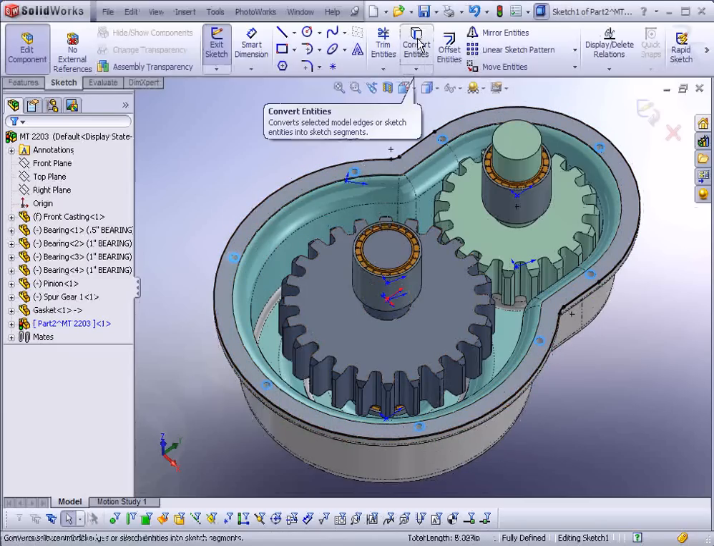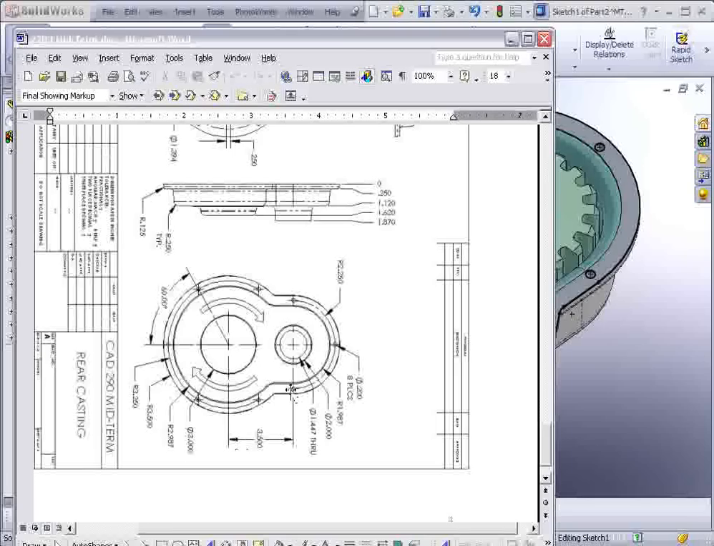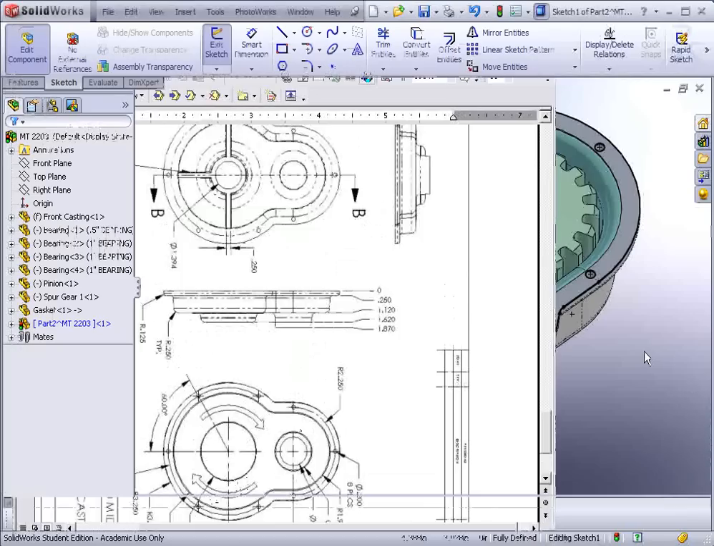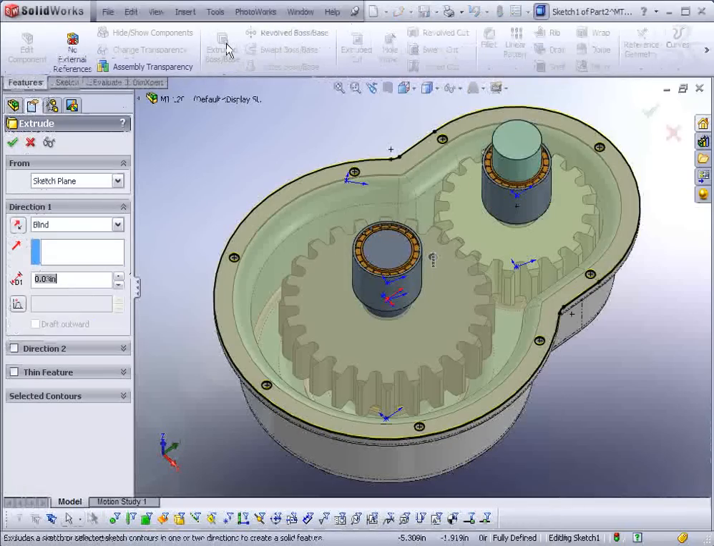Now hit Convert Entities. Now we just have to extrude this. But let's take a look at our document first. Let's see how deep we have to extrude this. Okay, from that base surface, it's going to be 0.25 thick. So let's go ahead and go to Features, Extrude Boss, 0.25,